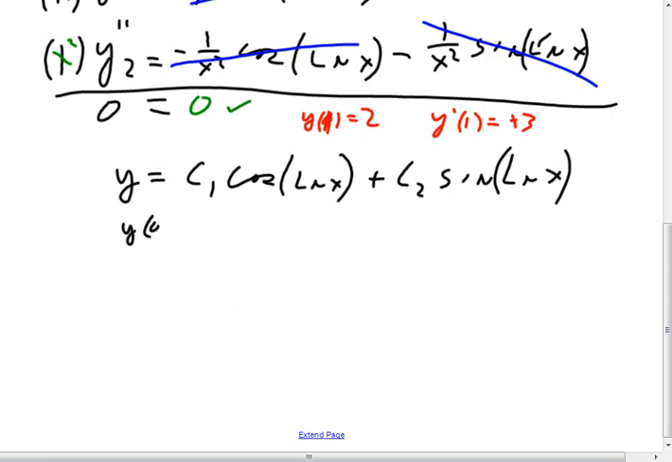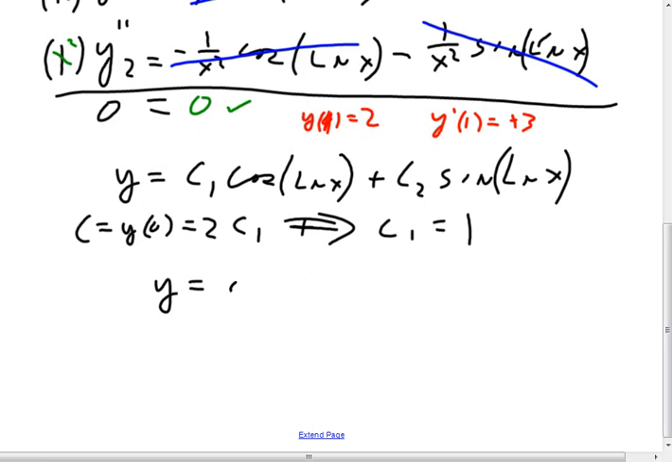Y at 1 is 2. The natural log of 1 is 0. The cosine of 0 is 1, C1, plus the natural log of 1 is 0. The sine of 0 is 0. So I'm done. And this is supposed to be 2. So this implies that C1 is equal to 2. So now I've got y is equal to cosine